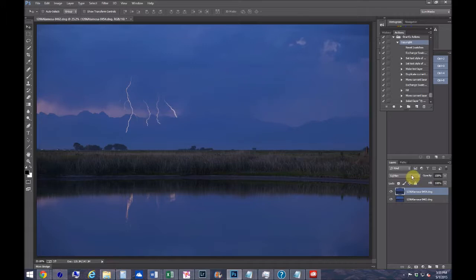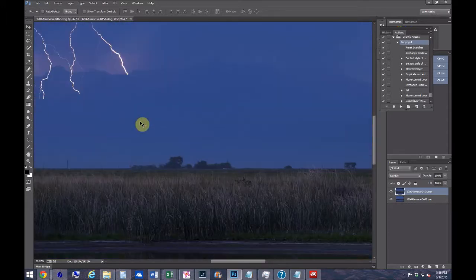And the reason Lighten Blend mode works so well here is because it uses only the brightest pixels from each image. And then since the lightning in each of the shots is going to represent the brightest pixels, it will automatically add in the lightning in both shots. And the reason that I didn't do this with the meteors is because there are also stars in the image and they're moving during the exposures. And since the stars are also going to be the brightest parts of the image, you'll get double stars in the photographs. And so I'll now zoom in